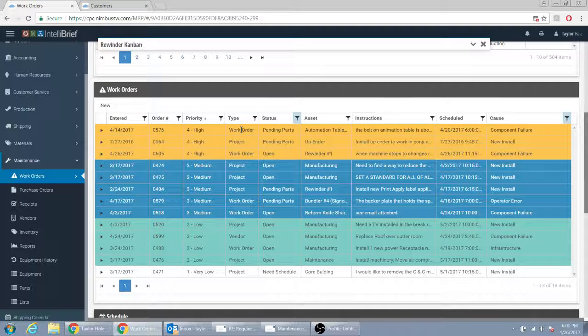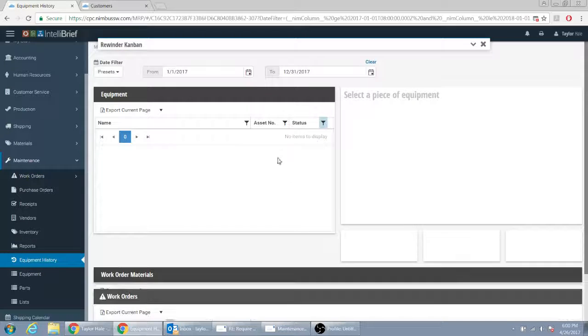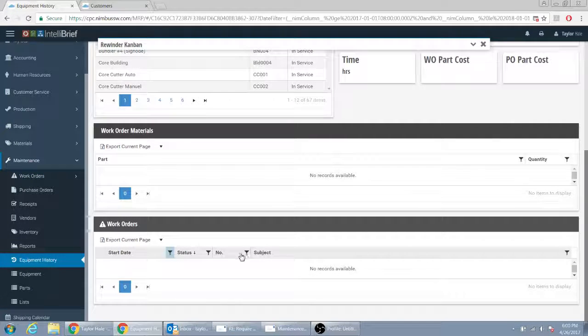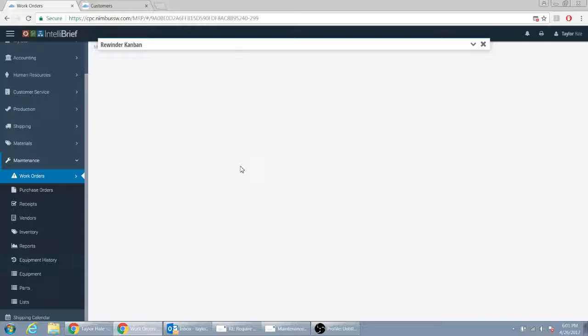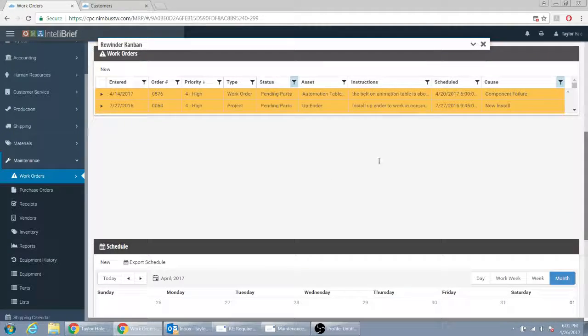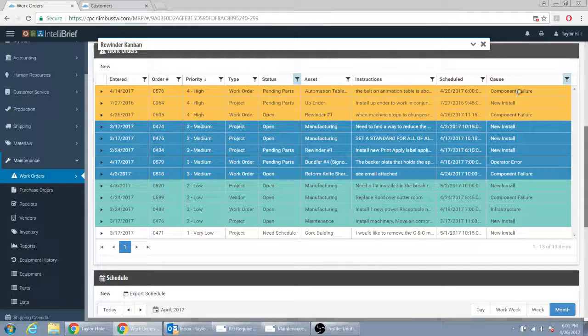So again, one more time: work order we already have, project we already have, vendor we already have. We'd like to add PM. So this is the type that we're talking about when we go back to this page. And then we go to root cause, which, let me just show you again real quick, is here, cause, right? Then we want